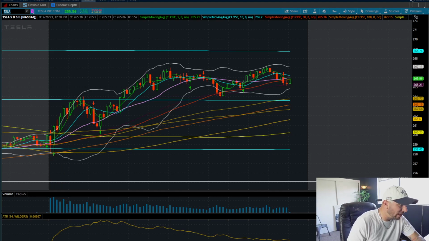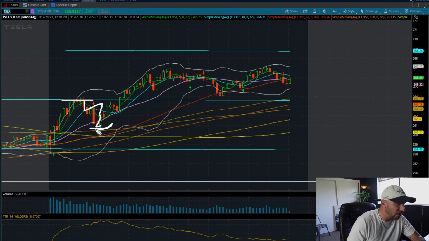Let me wait for that to confirm. What happens? We catch support. We put in a nice green engulfing candle. Here's our close over the 20 SMA. Here's our confirmation. Here's our 1-bar stop. Boom, money goes into this candle and you just start taking profits. Where do I start taking profits? I start taking profits at the next supply zone. My next supply zone is going to be here. I'm going to take profits. Hits the supply zone perfectly.